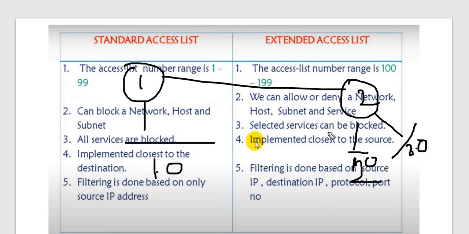So 1.0 should not talk with 2.0, and I am using a standard ACL. If I do it here, the traffic has already reached the router. So I'll filter it here only. 1.0 should not communicate with 2.0, and 1.0 can communicate with